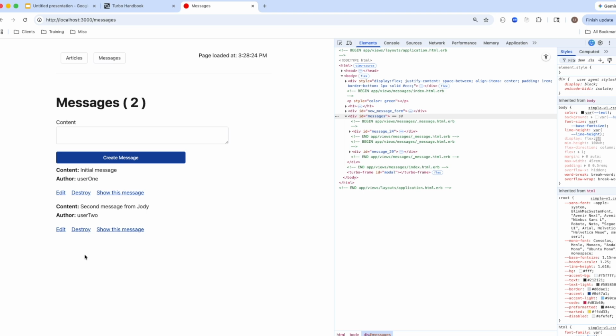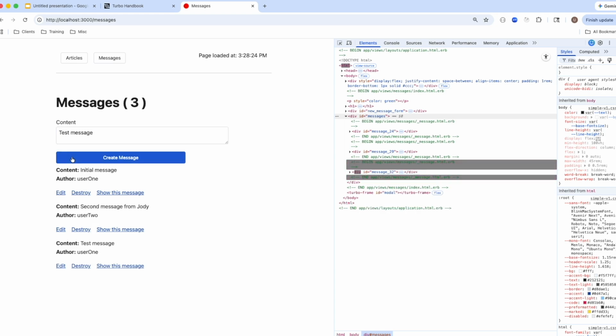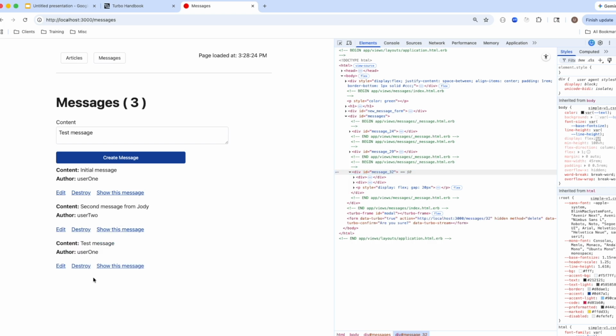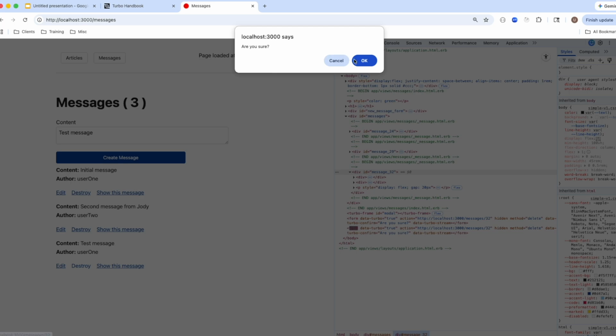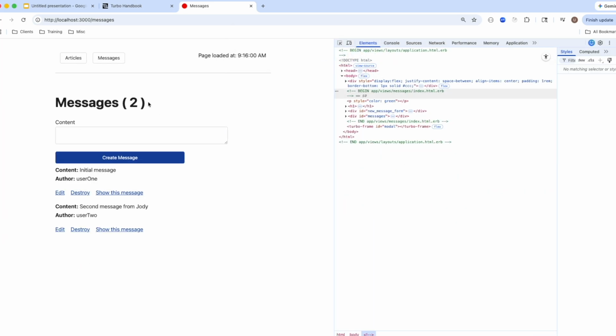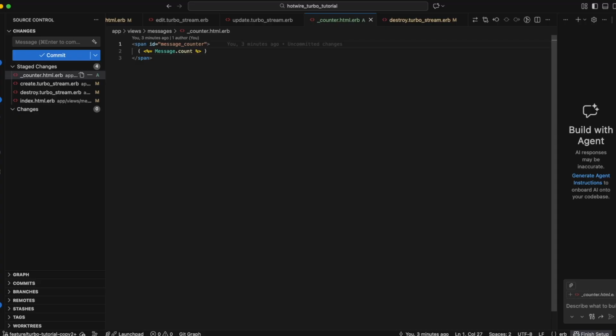Okay, now if we add a test message, we should get it updated. You see that we got a new element here, and if we delete it, we should get this updated. As you see, it works. Now this counter size is a little bit too big. Let's make it a little smaller. For this, let me add maybe